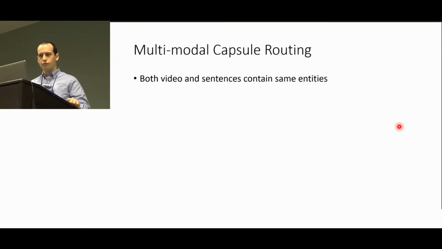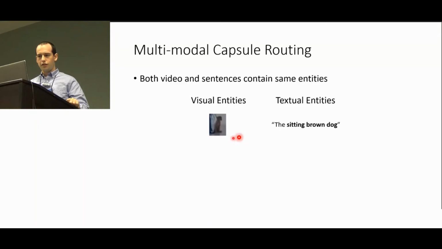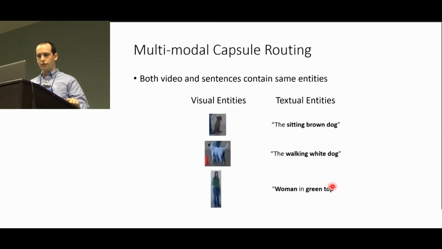So if you're thinking of this in a capsule framework, both the video and the sentence will contain the same entity, right? Both the sentence and the video contain a woman, or both contain a dog. So we can have a visual entity for the brown dog that's sitting, and we would have the same entities within the sentence: sitting, brown, and dog, right? The same thing with the walking white dog and the woman in the green top. So these entities are present both in the sentence and the video,